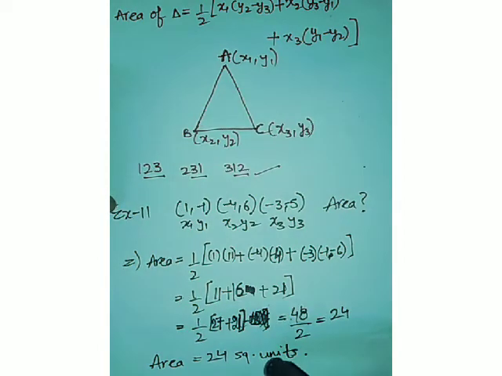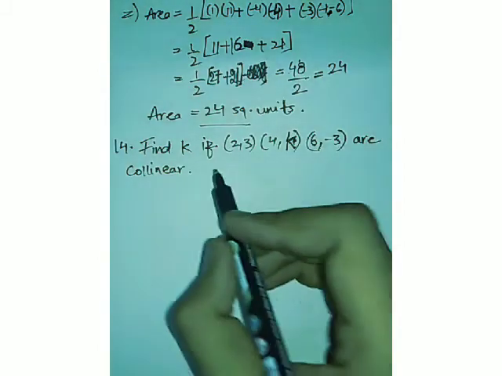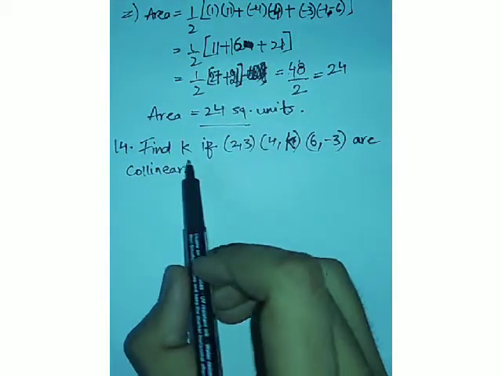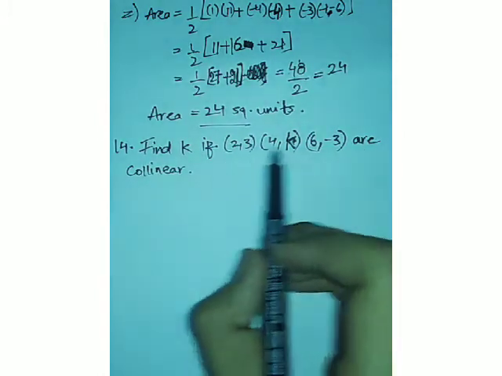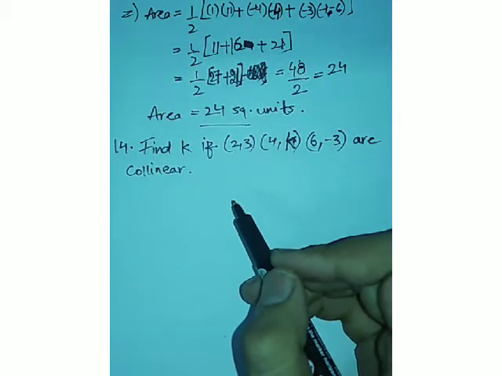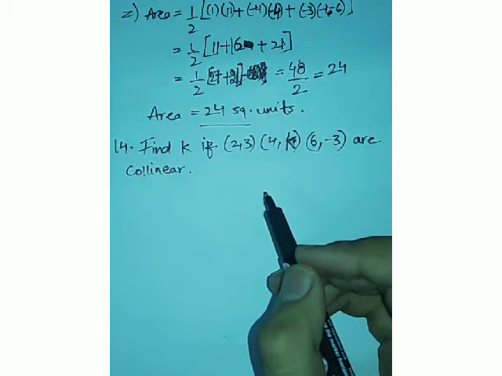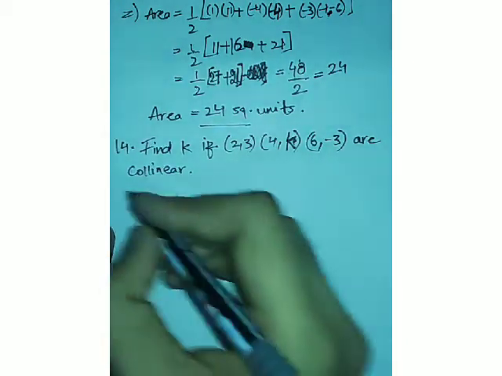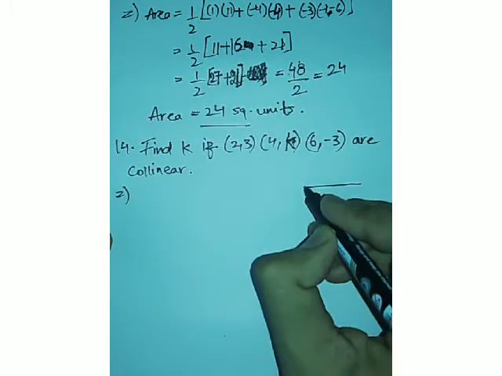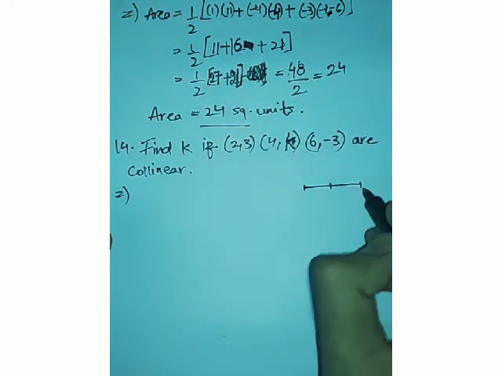So we'll move to example number 14 and then we'll do the 15th. This is our next example, example 14. In this example, we have to find K, and it is given that these 3 points are collinear. Now we have discussed the concept of collinearity in the first exercise, that is distance formula, but this is a bit different. Now if 3 points are collinear, it means they are not forming a triangle.